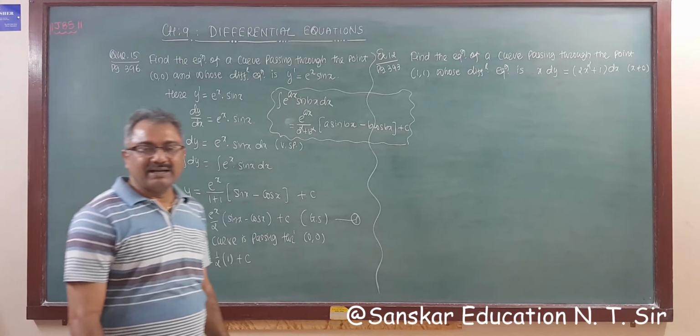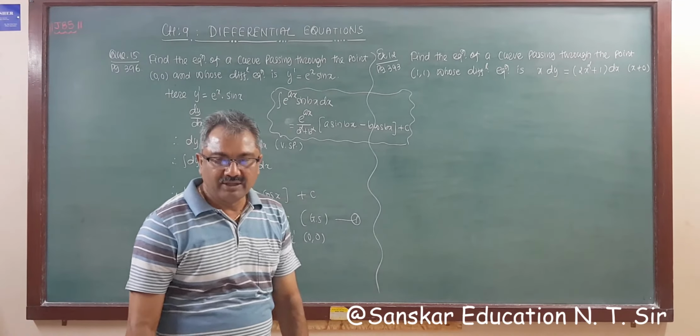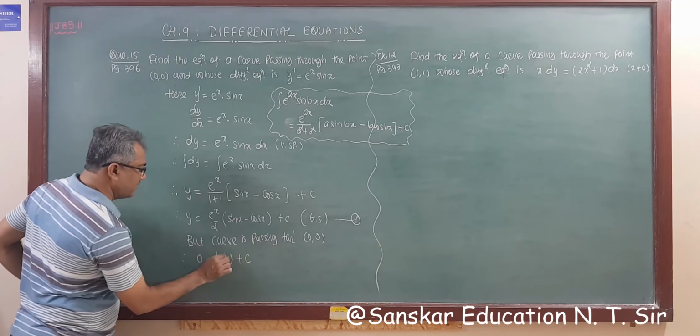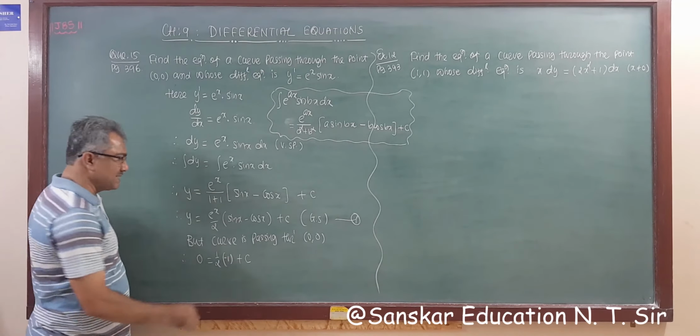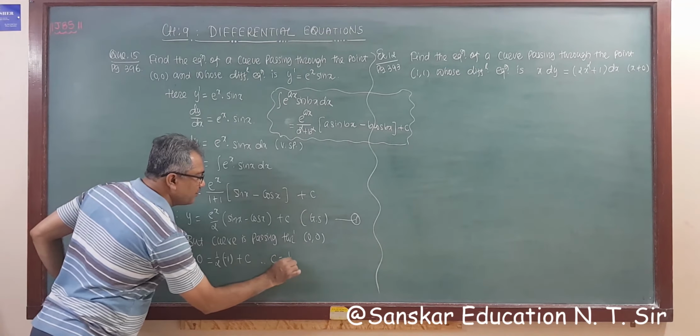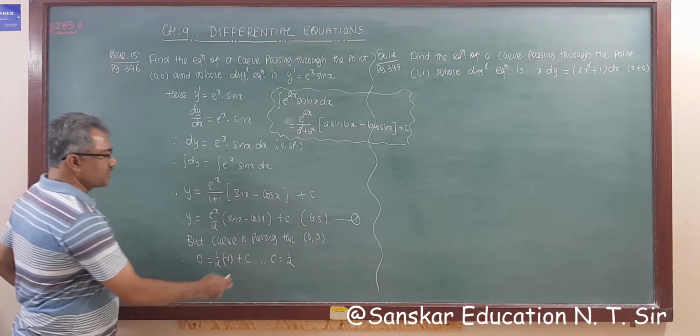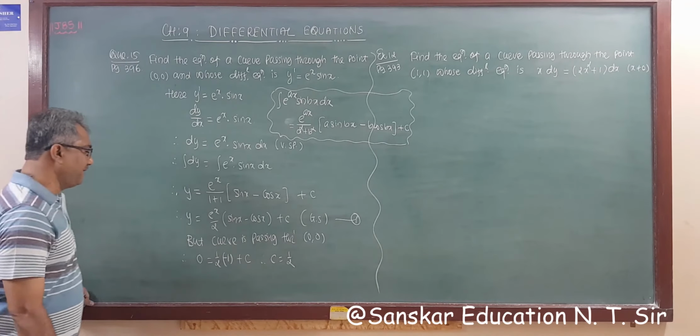So c का वैल्यू क्या आ गया? माइनस हाफ या प्लस हाफ. We get so minus 1. So c का वैल्यू क्या आ गया? प्लस हाफ. So therefore c is equal to plus half. Right? I forgot to write minus here. Okay. So substituting c is equal to half in equation number 1.